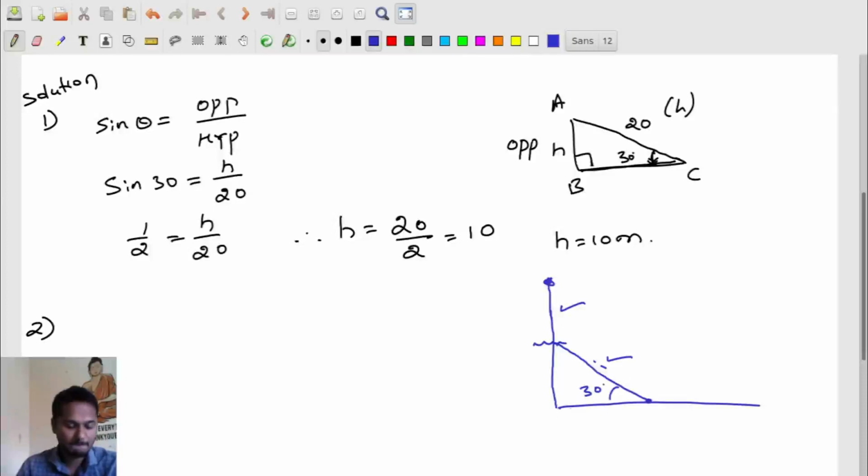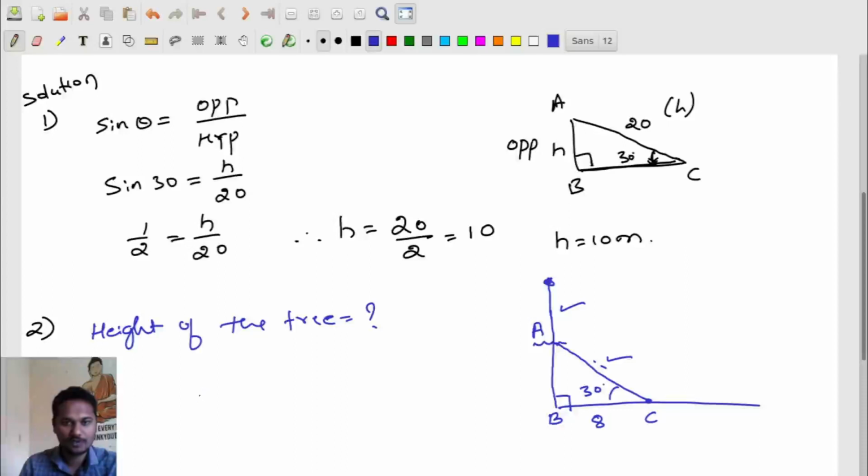Okay, and in all the questions you need to assume a pole, a tree, a tower or a building are making 90 degree with the ground. So the distance between the foot of the tree and the point where the top touches the ground is 8 meters. So this distance is given. That is, if I take this as point B and this one as C, the distance between B and C is 8 and this is your A here, right? And what we need to find here? We need to find the height of the tree. Okay, so the question here is find height of the tree.